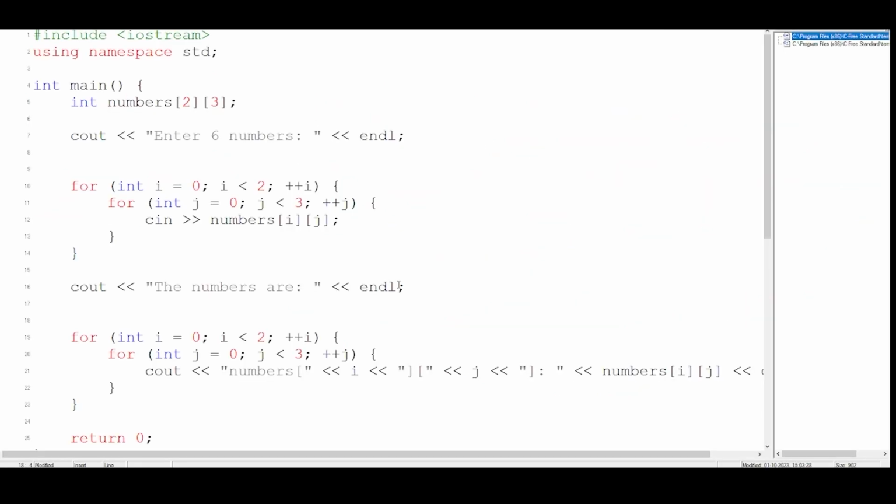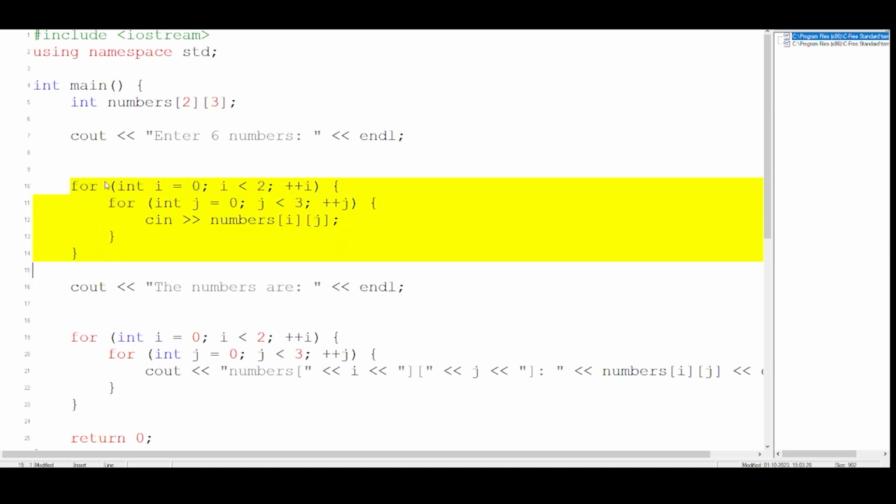As you can see here, I have a program where I have tried to display a two-dimensional array. What I did, as you can see, I have declared an array over here, which is two-dimensional, 2 rows, 3 columns. I have entered any 6 numbers. How do you know how many numbers it will be? Because you just have to multiply this with this. I have told you this in one previous lesson. Then I have taken the input.